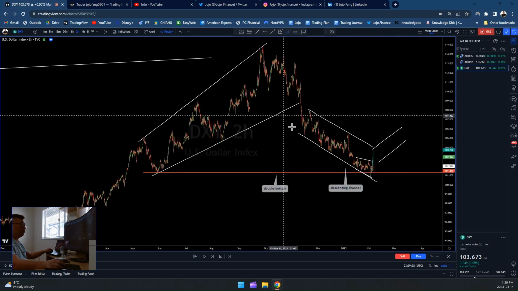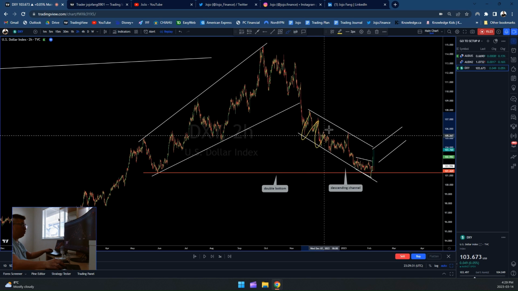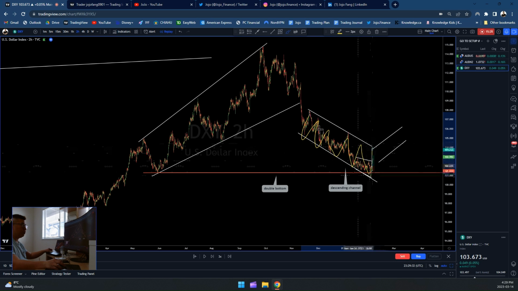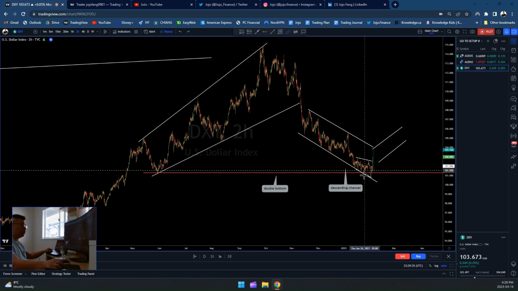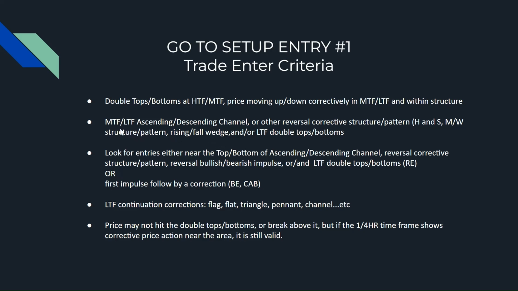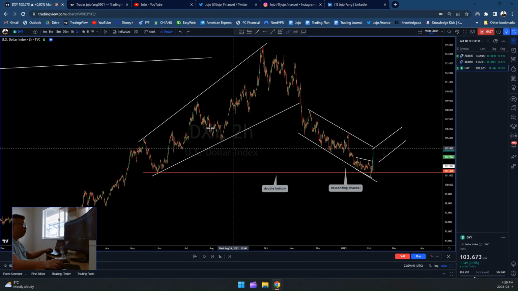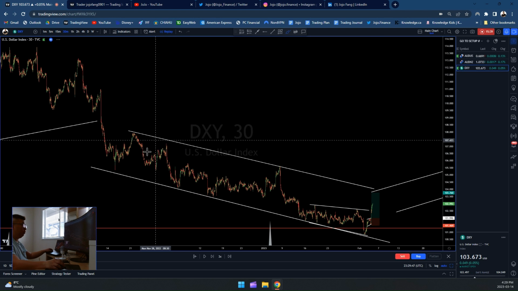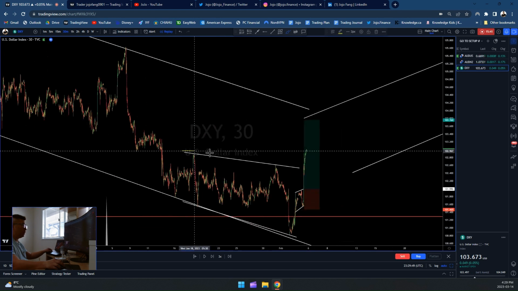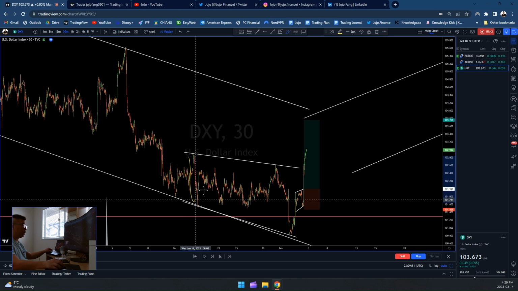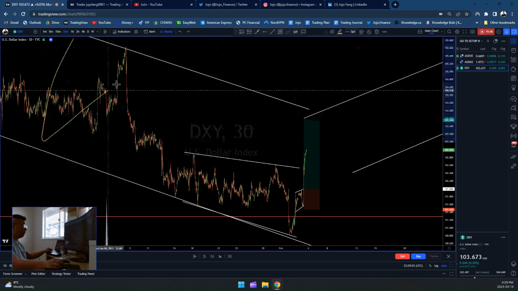And then, does the price move down correctively? Yes, we move down in this kind of descending structure within this kind of range. So we satisfy that. And the second criteria: does the mid time frame or lower time frame have a descending channel, other reversal corrective structure, or other type of bullish reversal price action? So we have the double bottom, and we basically have a smaller descending channel within the larger descending channel on